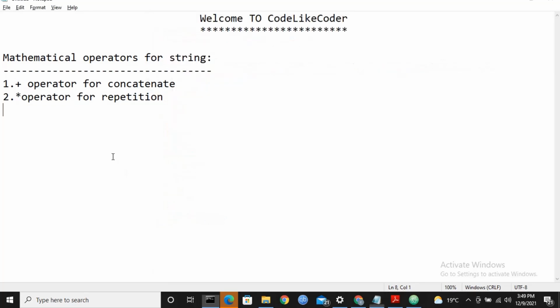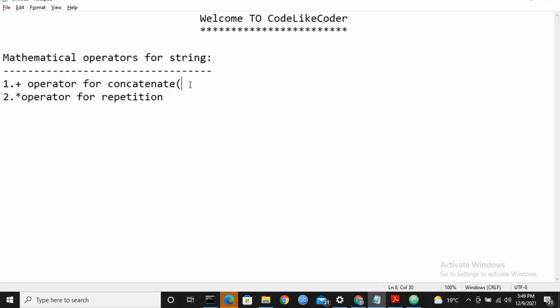So here we conclude that for mathematical operators on strings, only two operators are supported. One is the plus operator and one is the star operator.